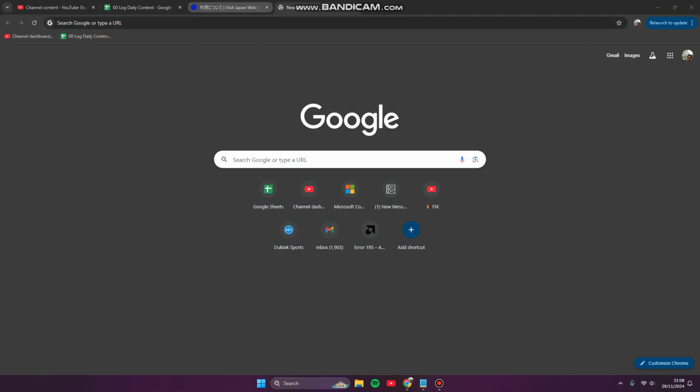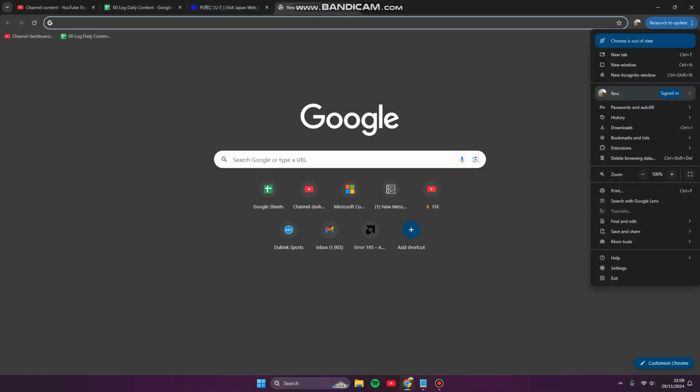Maybe if you close this it will not respond, so you can try using Task Manager on Google Chrome in order to end the process. So you can click the three dots beside your profile, and here under More tools there is a Task Manager. So you can click it,